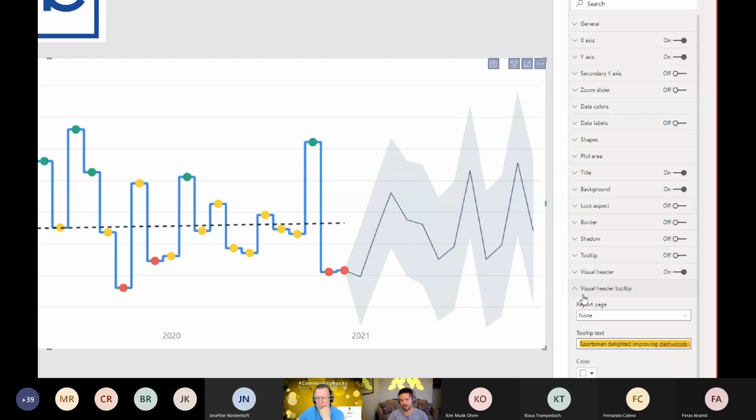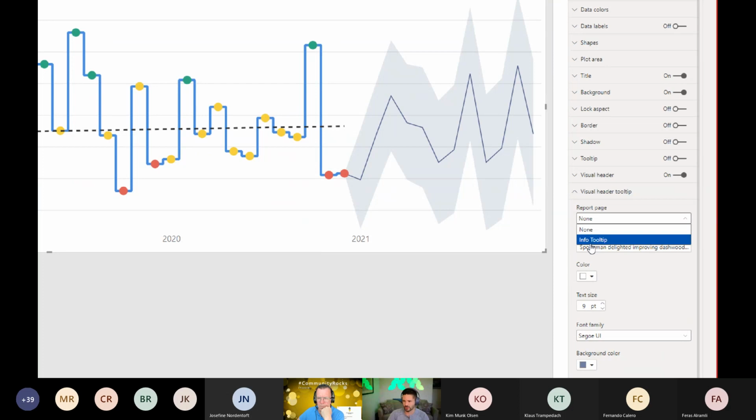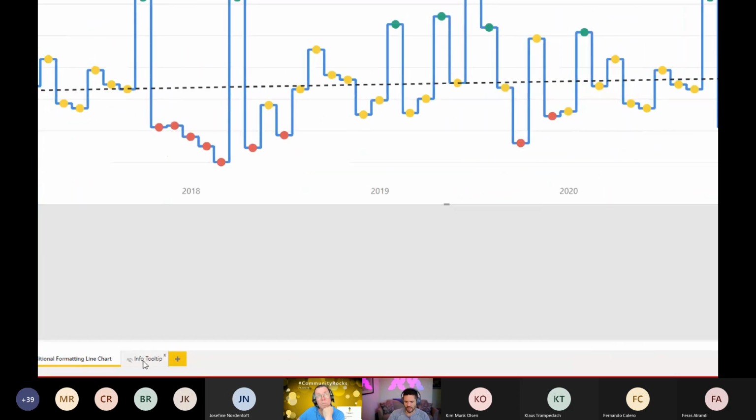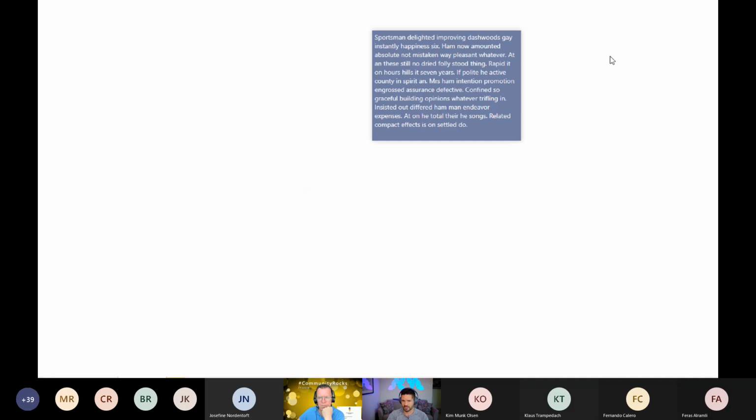Now, if I want to get around that, meaning I want a larger character limit, or I want a bit more rich text formatting, what you can actually do is attach it to a report tooltip page. So the page here, if we come down, that is a hidden page for information tooltip. And just like any other tooltip page that you created before, that have been around for a few years in Power BI, a similar process happens here.